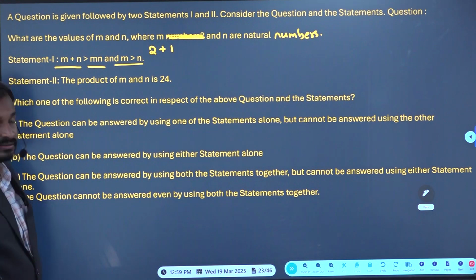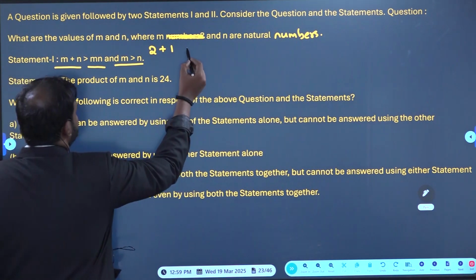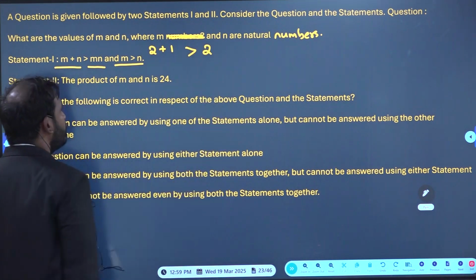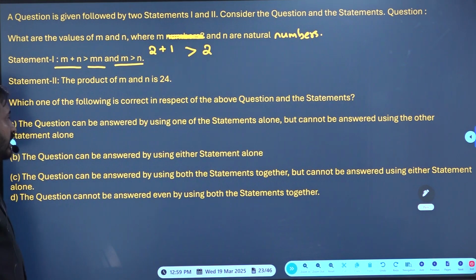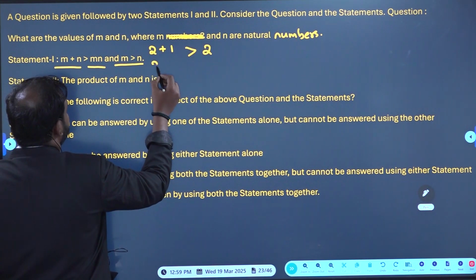2 plus 1 is what? 3. 3 is greater than 2, right? Why? Because m into n is 2 into 1. There is a possibility. Next, like this, if I take 3 and 1,